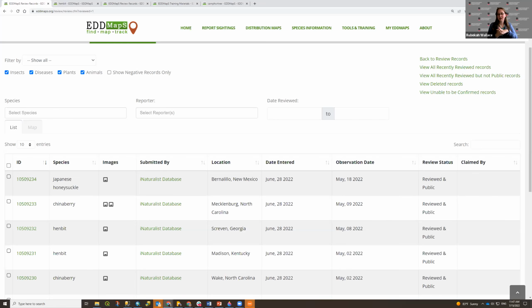But if you are just looking at an existing map in the EDDMapS database and try to draw a polygon over a bunch of points that already exist, all you're doing is adding another record, which is a polygon, to the database. It's not consolidating those points. Well, and I will say that as an aggregator, when we bring in data, we're trying to preserve the original provenance of the data, how it was originally sent in.